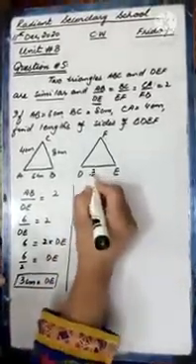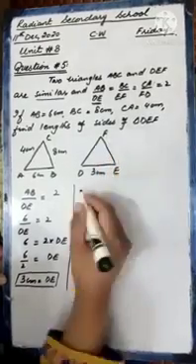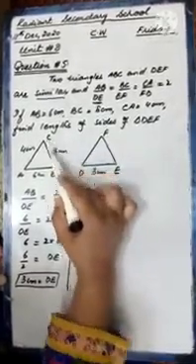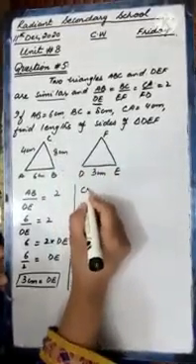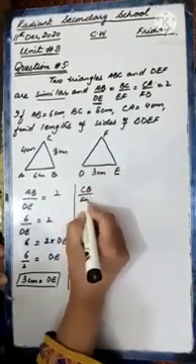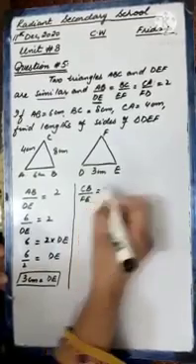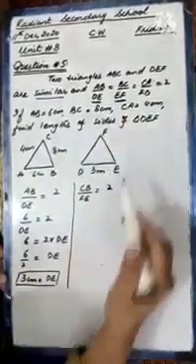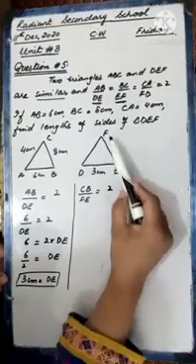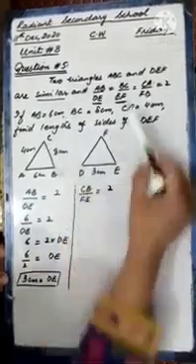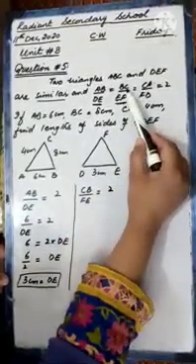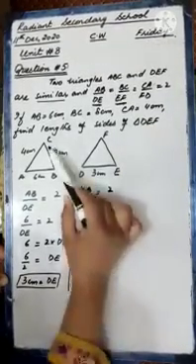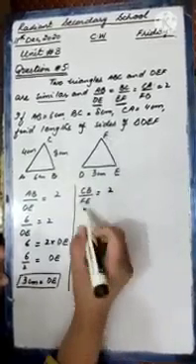Now we will find this side FE. For this side FE, this is the corresponding side. So CB ratio FE will be equals to 2. Students, here we cannot apply it like this, FE ratio CB, because FE ratio CB is not given. You are given BC ratio FE. So we have to apply BC ratio FE.